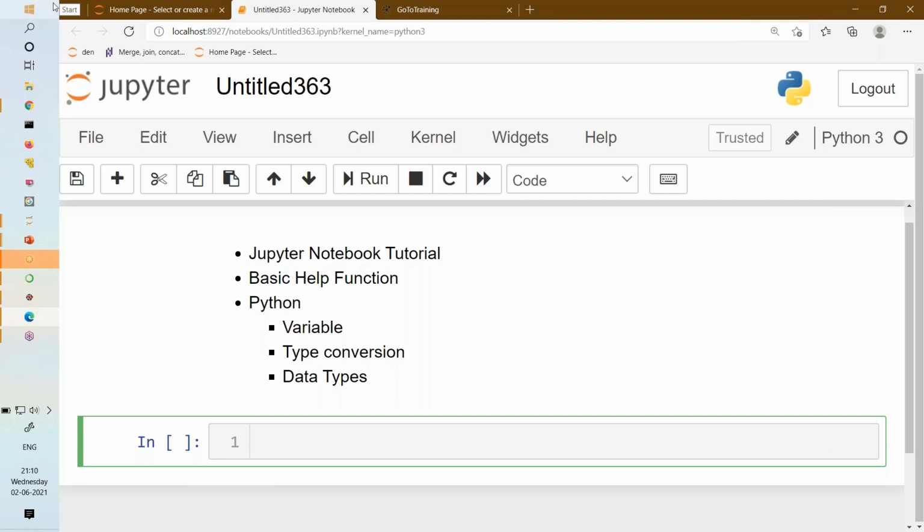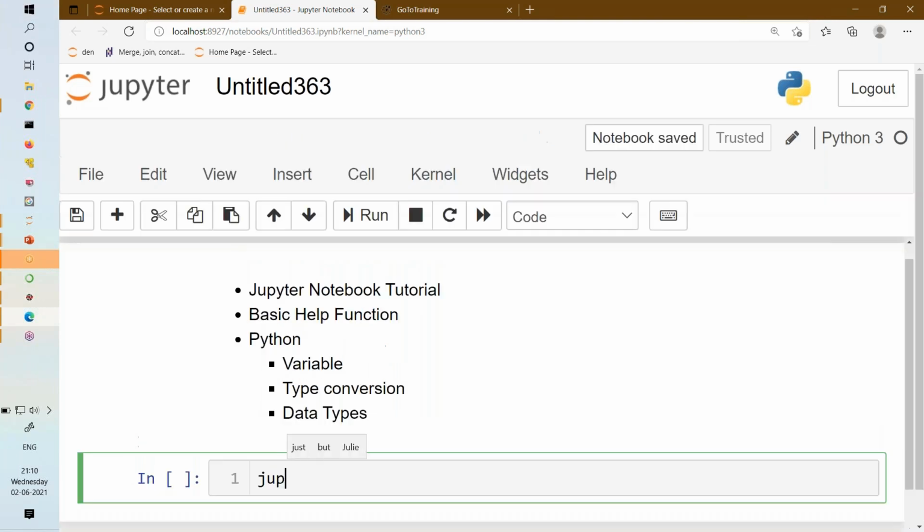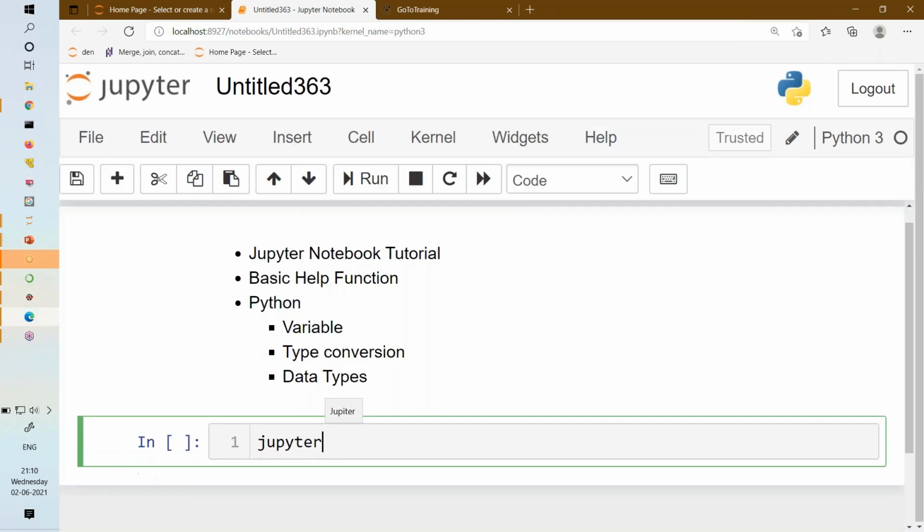What you need to do today is open your command prompt, or basically open your terminal. If you are using Linux or Mac, you open your terminal, right? Mac and Linux users, you can open your terminal. In your terminal, type this command called jupyter, right? Jupyter space notebook, and then hit enter. You will see something opening.